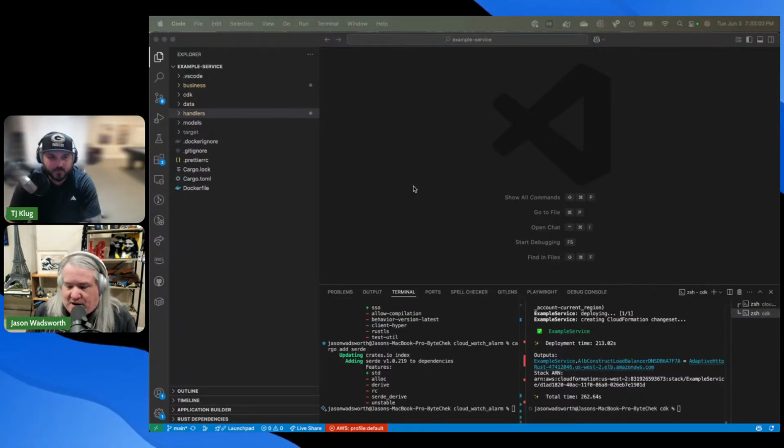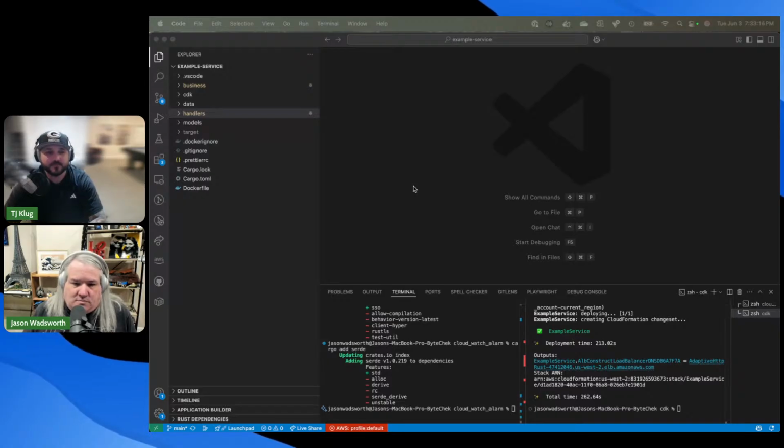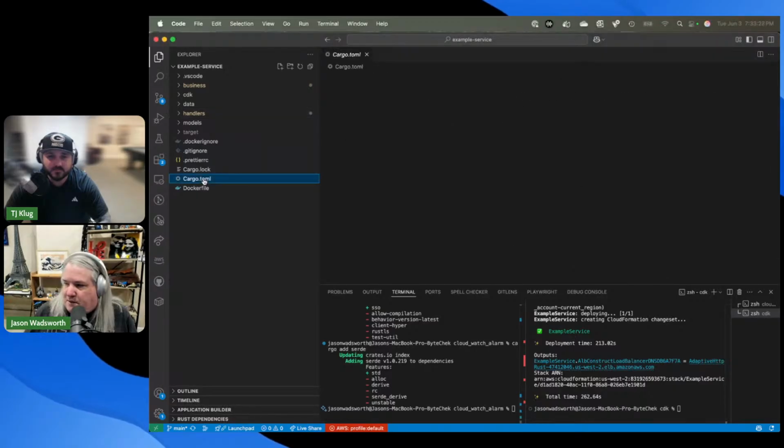But one of the things that always bothered me is I go out there and look at examples, and they'll be like, here's how to create a Lambda function in Rust and deploy it with CDK, yada, yada. And it's always one Lambda function. And I'm like, okay, but how many times have you deployed a service and had one Lambda function in it? Not very often. So I spent a little bit of time trying to get this thing up into something a little bit more robust. So we'll talk through that a little bit.